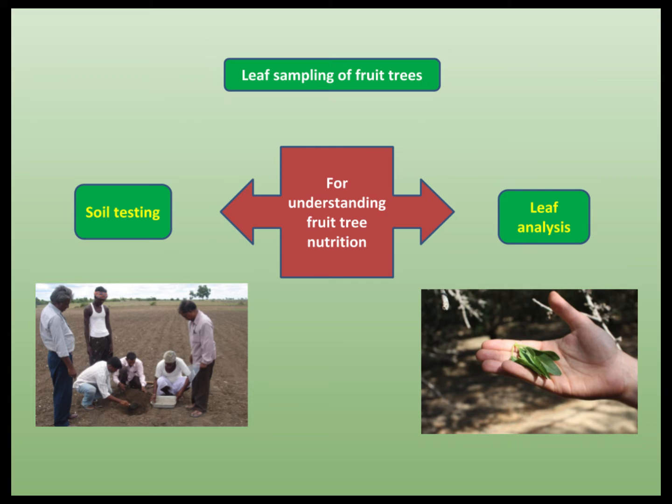Nutrient deficiency and disorders are very common in tree crops, particularly fruit crops. Quantifying nutrients in soil and tree tissues eliminates guesswork when adjusting a fertilizer program and deciding what to apply and how much to apply. To understand the problem before correcting it, we need to go for either soil test or leaf analysis and decide whether to apply to the soil or go for a foliar spray.